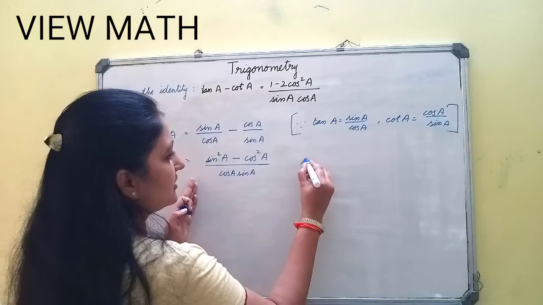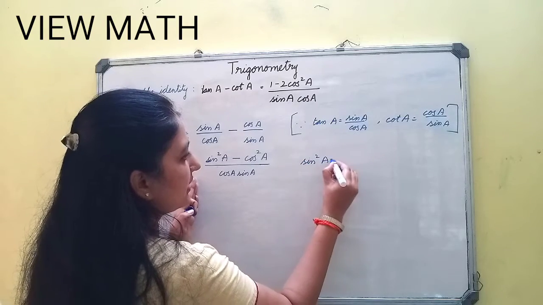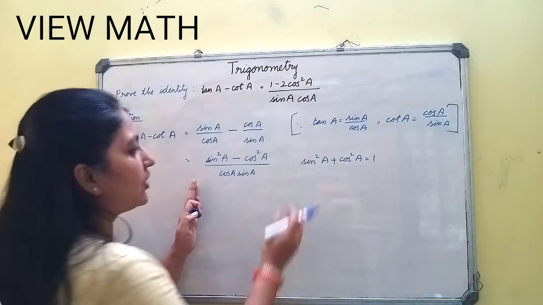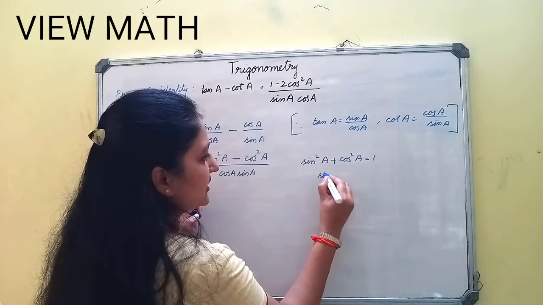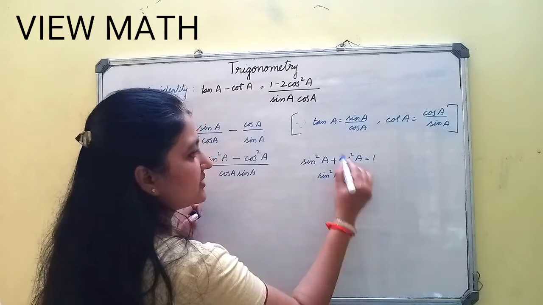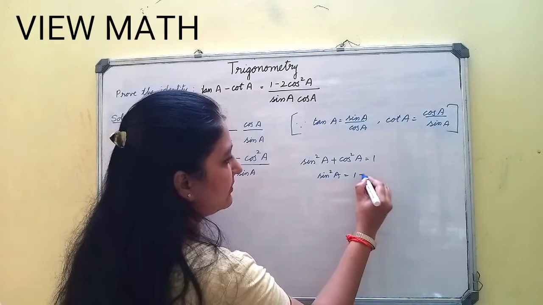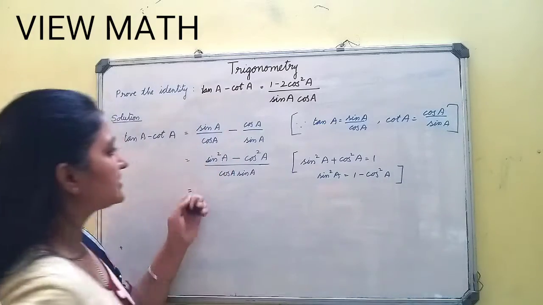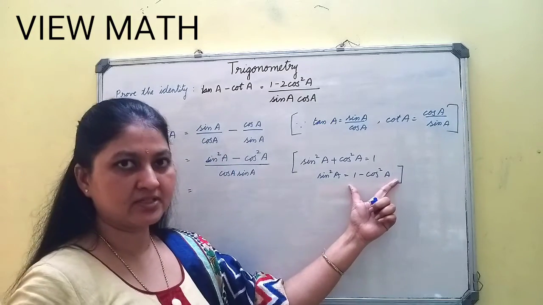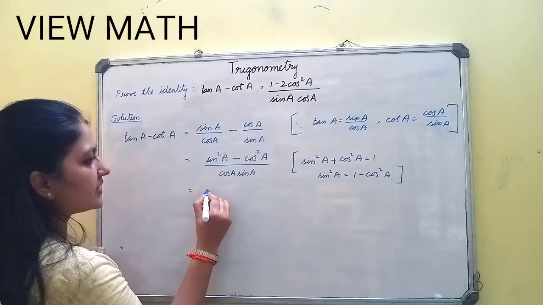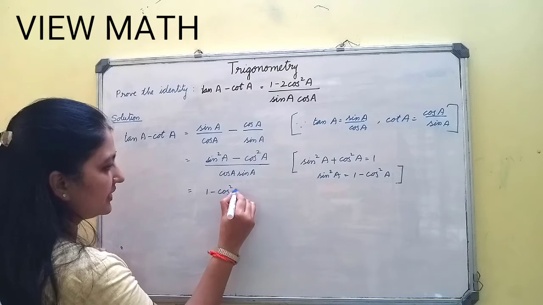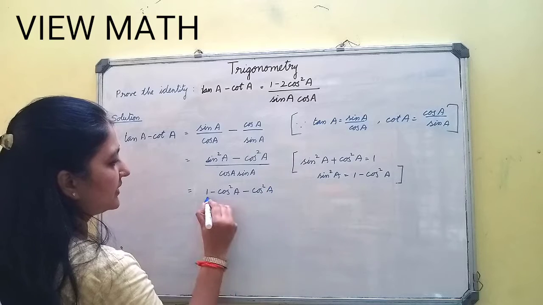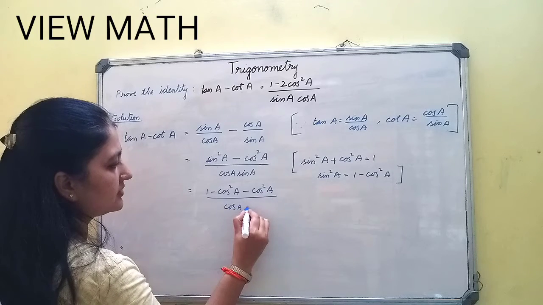You know the relation sin square A plus cos square A is equal to 1. You know this. Now sin square A, let me keep the sin square A. This is equal to, let me take this cos square A to the other side. So it is 1 minus cos square A. Now let me substitute sin square A as 1 minus cos square A. And sin square A is 1 minus cos square A. Again minus sign is there, and cos square A is there, by cos A sin A.